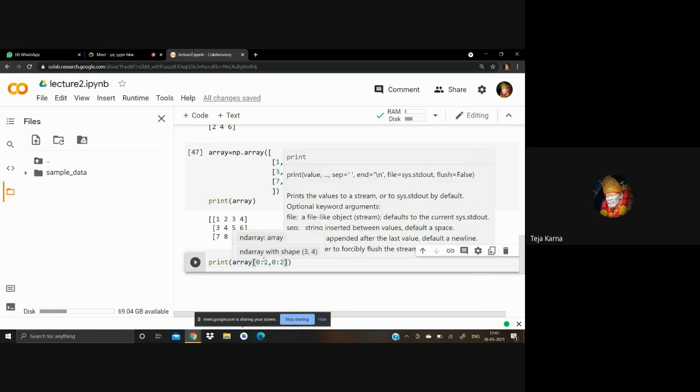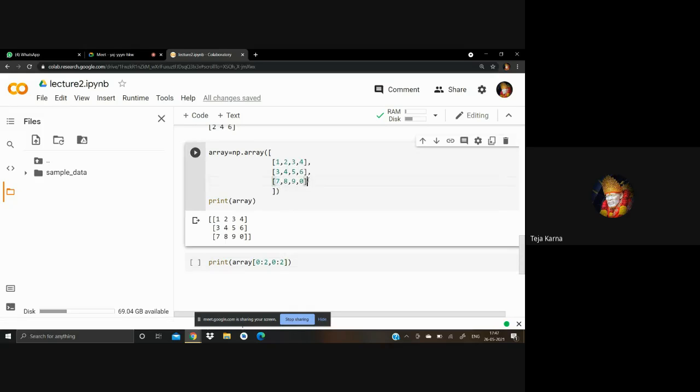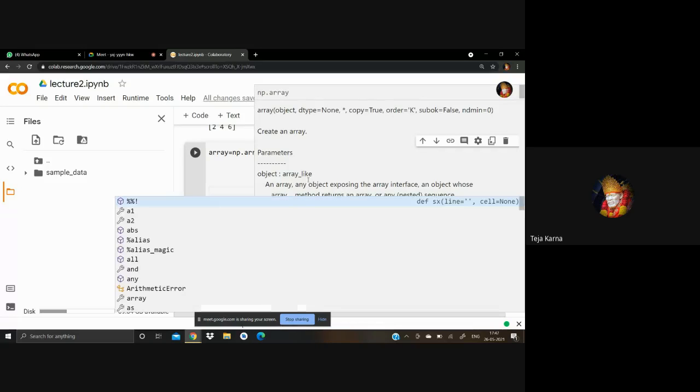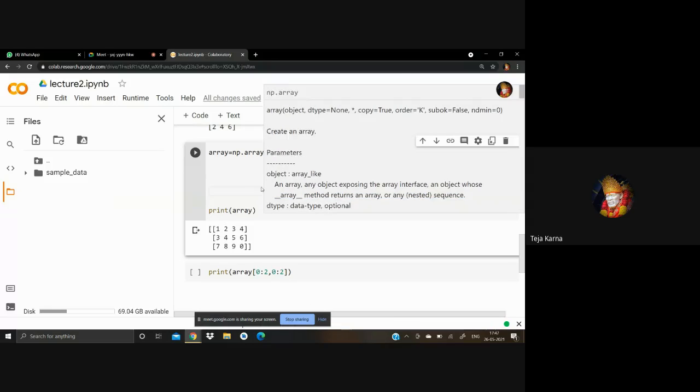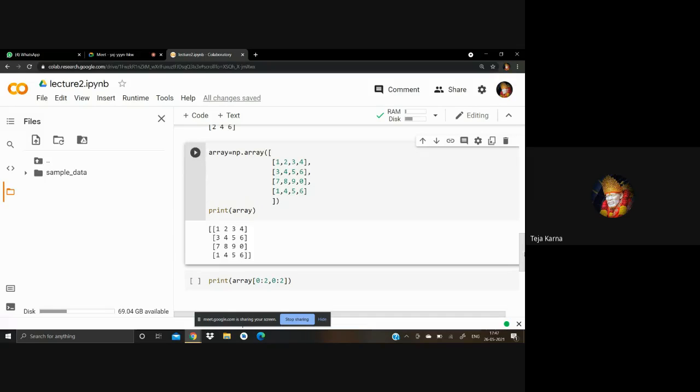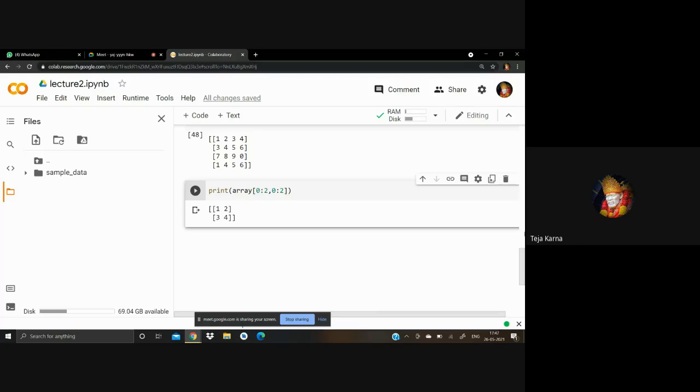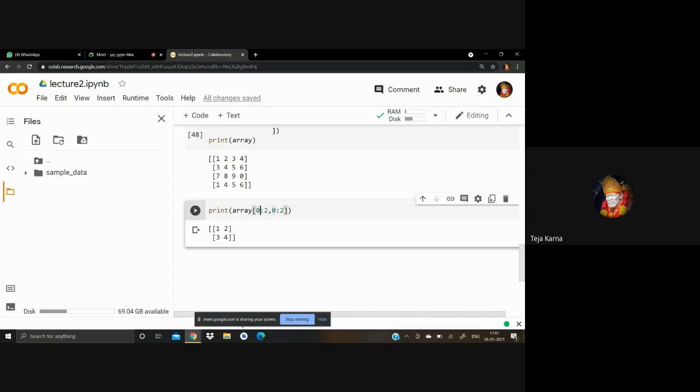We only have 3 elements, so let's take one more element here. Now we have taken one more, so it becomes 2 by 2. Okay, fine. What will this do? It will start from 0, then move with the first two indexes: the 0th is your row and 2 is your column value. In the 0th row you start from the 0th index and move up to the second column. So 1 2 and 3 4 will be generated as output.